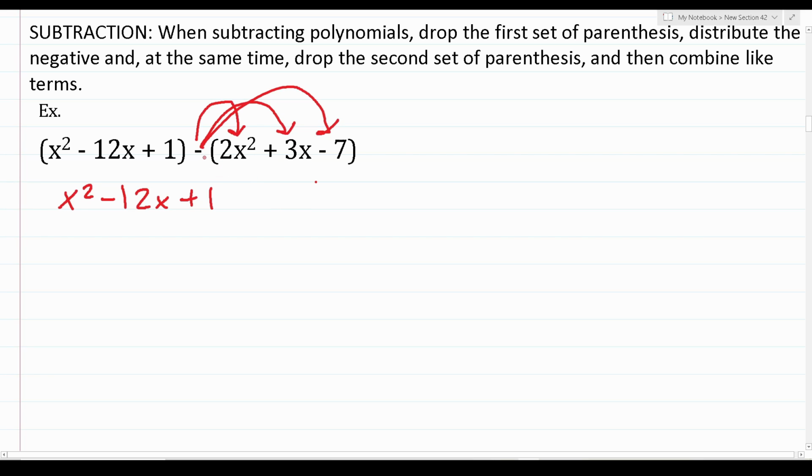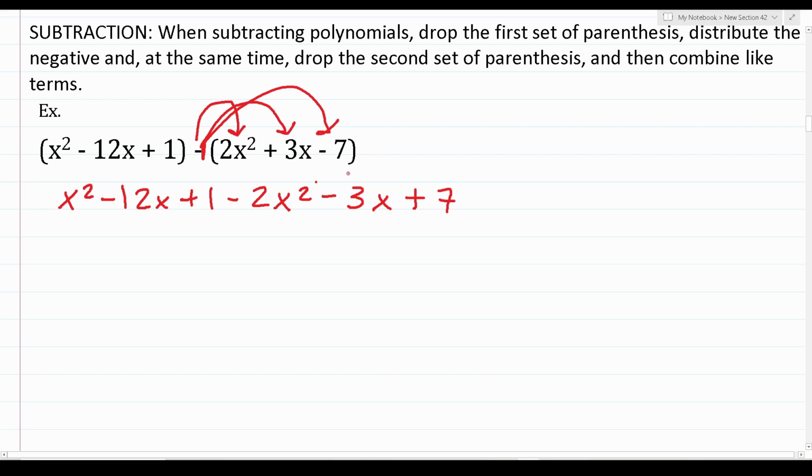So we have negative times 2x squared. A negative times a positive is a negative. And if it's helpful, you can imagine that there's a negative 1 here. And 1 times anything is just itself. So negative 1 times positive 2x squared is negative 2x squared. Negative 1 times positive 3x is negative 3x. And then negative 1 times negative 7 is going to be positive 7, given that a negative times a negative